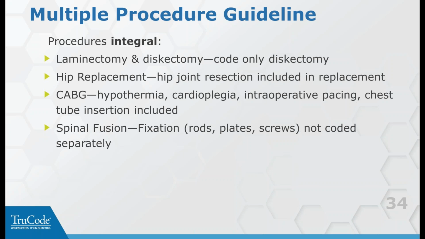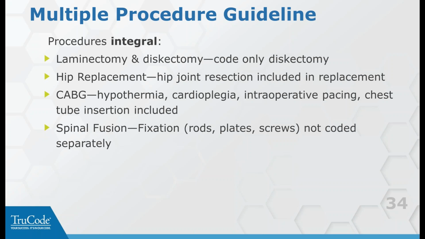For a hip replacement, obviously the hip joint is included in the replacement. And I didn't get this on the slide, but first quarter '17 coding clinic also talks about knee replacement and the patellar component, and reiterates that the replacement of the patella is integral to the knee replacement